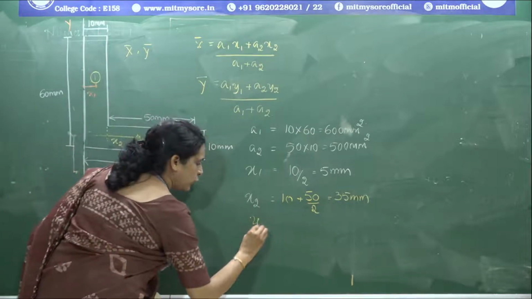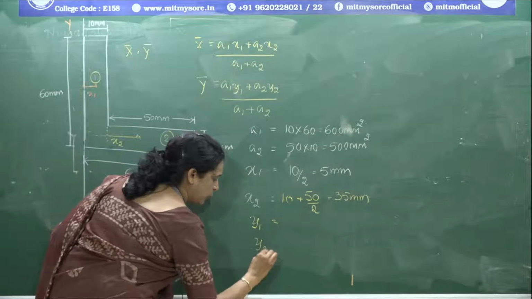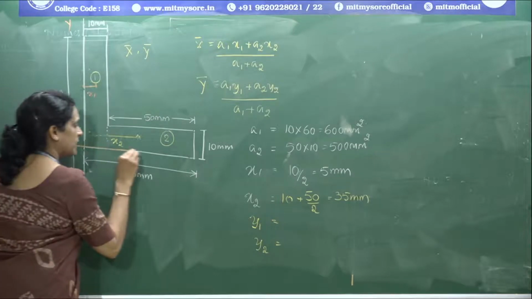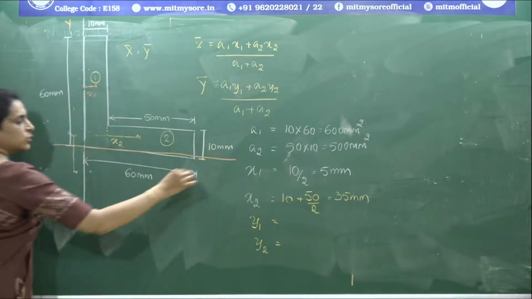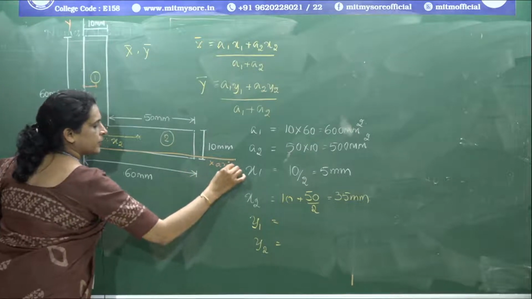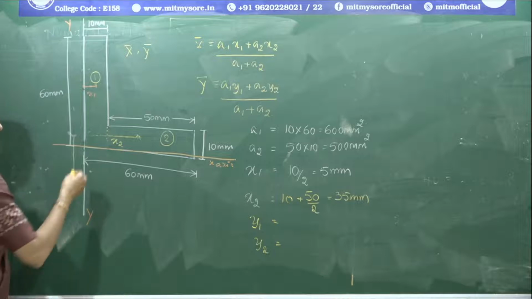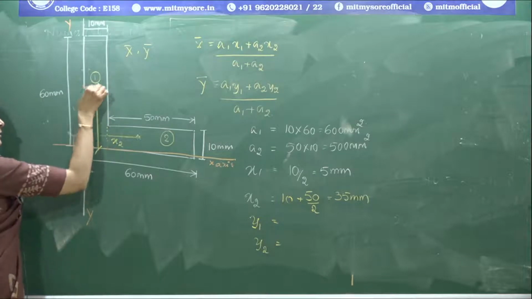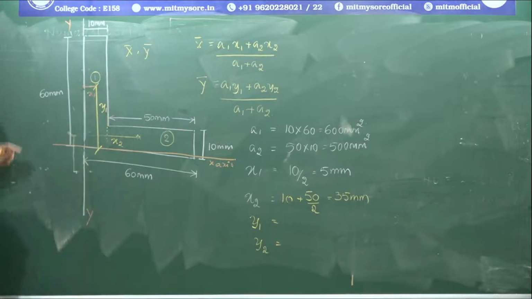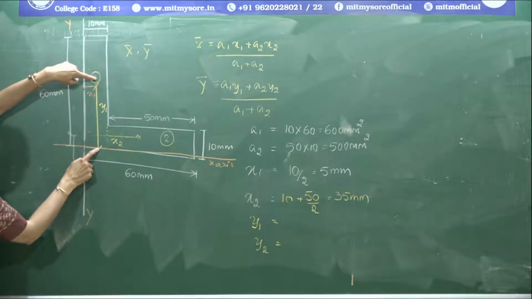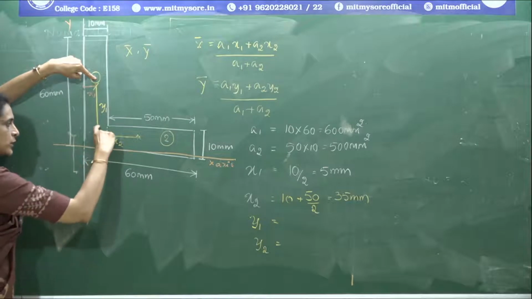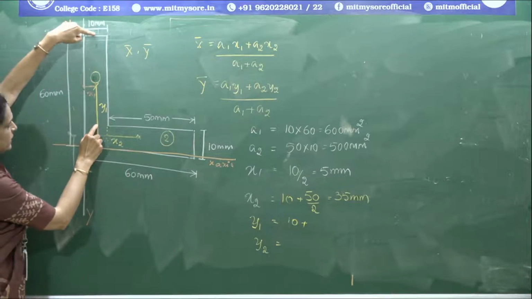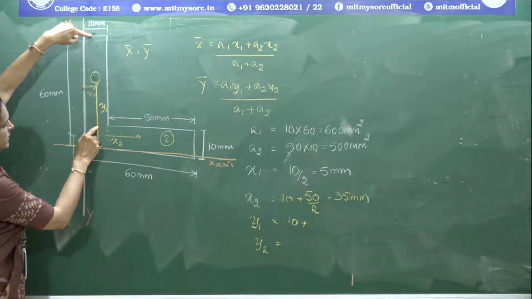Next, moving on to the value of y1 and y2. Now we are supposed to consider the x-axis as the reference. So this is the x-axis. We shall locate the centroid with respect to the x-axis. So this is the first section. Here is the value y1. So y1 is from here to here. You can just observe it here. This value is 10 plus the centroid of this section. So the centroid of this section is